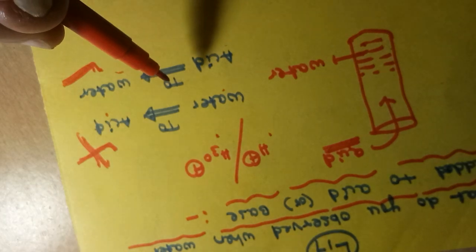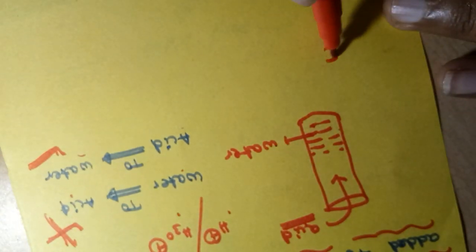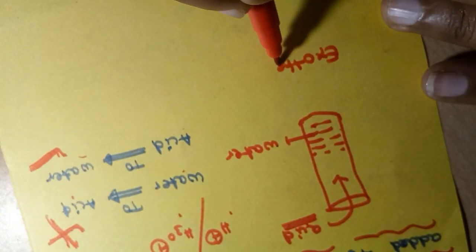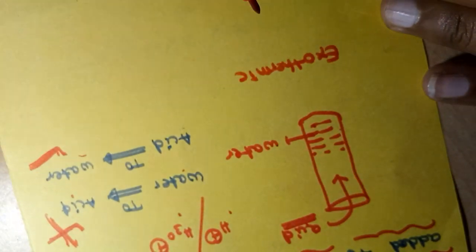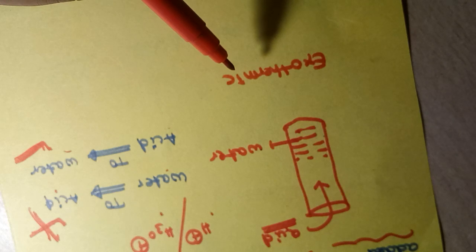What will happen if we add water to acid? This reaction is exothermic. Exothermic reaction means heat energy is released. Heat energy is released when you add concentrated H2SO4 or concentrated nitric acid to water. Within a fraction of seconds maximum heat is generated, and the mixture will be splashed.